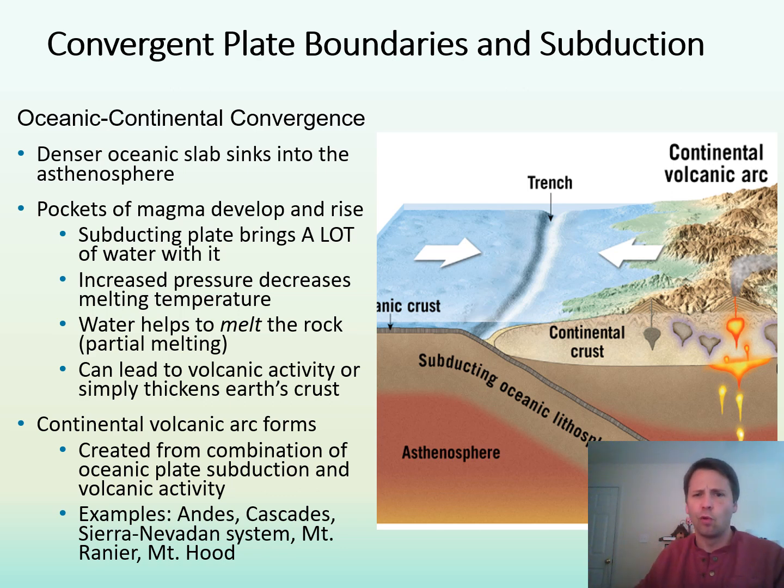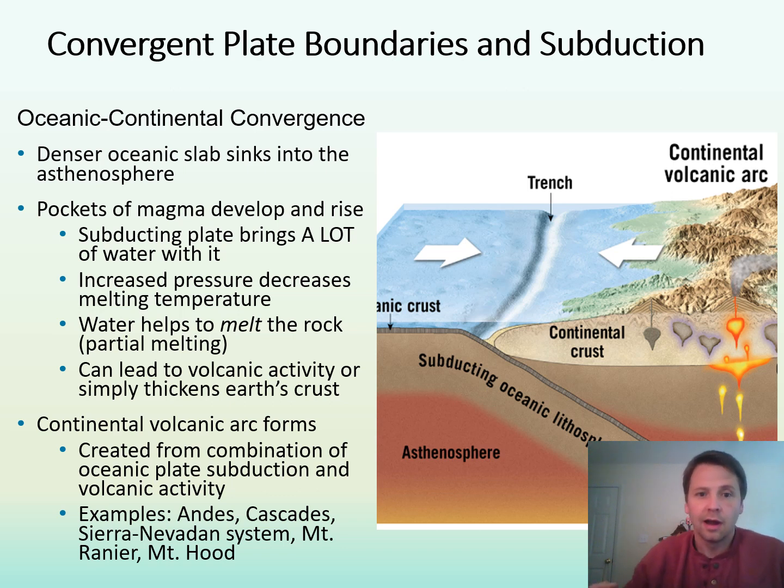So there's three different forms of convergence, I guess, along these boundaries, right? We have continental and oceanic plates, so therefore you can have three different convergences: oceanic-continental, continental-continental, and oceanic-oceanic, right? In this particular example, we're going to talk about oceanic-continental convergence, and that is simply where an oceanic plate